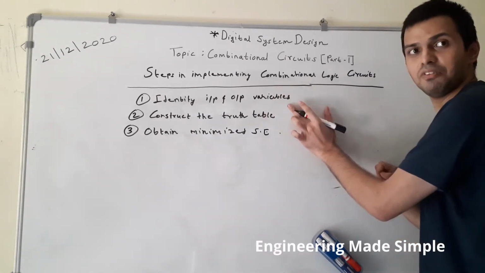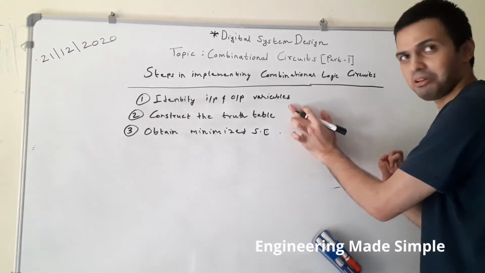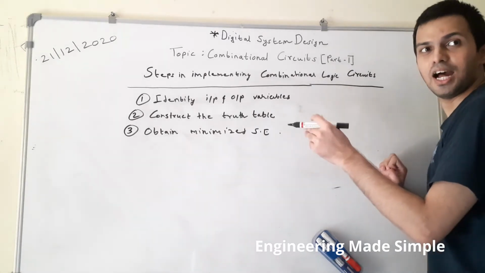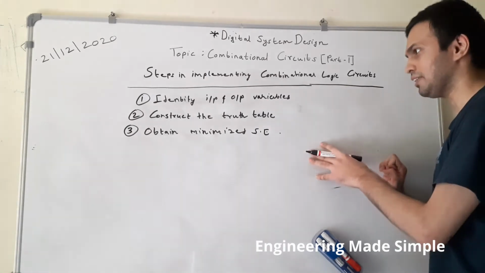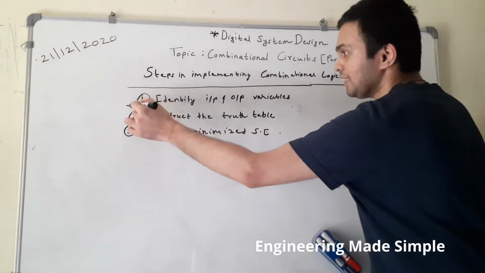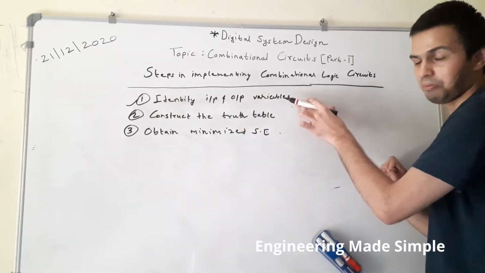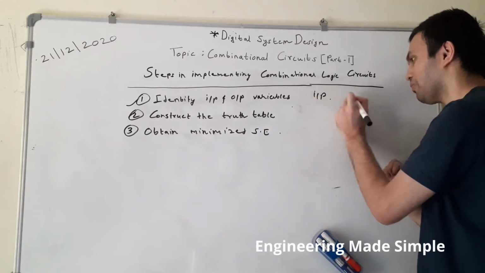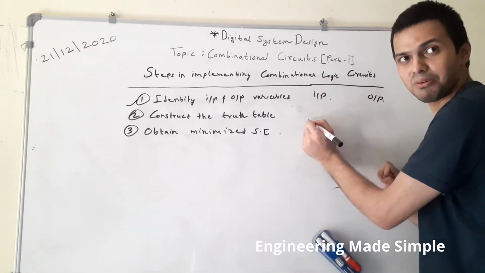Okay. Now, the steps in implementing or designing combinational logic circuits. First, if a problem statement is given to you, sometimes it is given in the form of a statement, and sometimes a straightforward question is asked, such as design a gray to binary converter, or implement a full adder or half adder using the combinational logic skills you have. Whenever such a question comes, there are three basic steps you need to follow. You have to identify which are the input variables and which are the output variables. And once you identify the input and output variables, you have to construct a truth table based on your theoretical knowledge about the circuit.